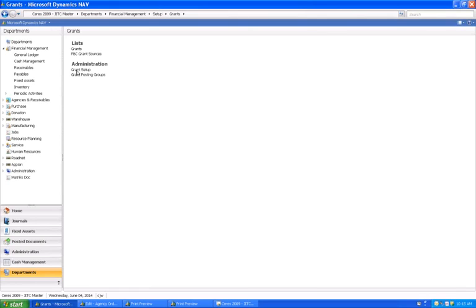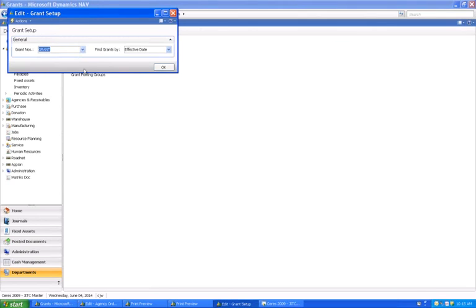Then once you have your number series set up, you will go into the grant setup window. There are a couple different ways to get to grant setup. If you aren't sure how to find it, you can simply type grant setup in the entry here, and actually it's only showing one currently, but I think there are other ways to get there. And under administration, you'll see the grant setup option,